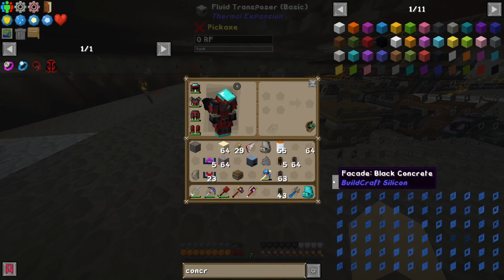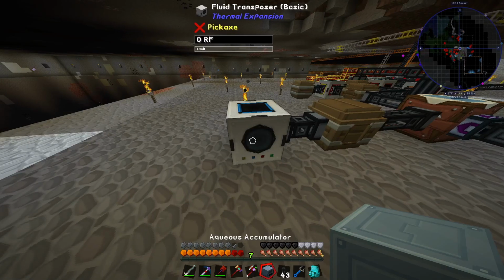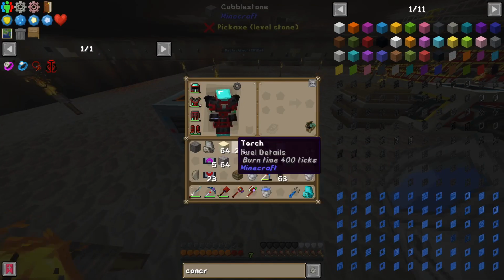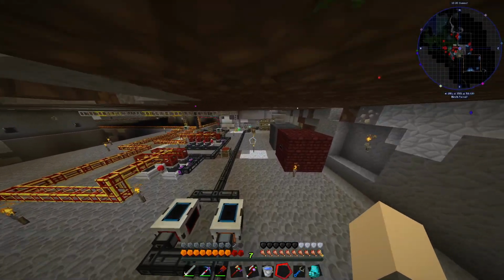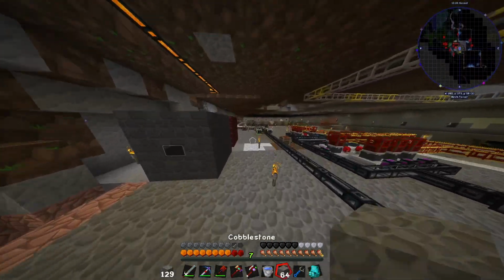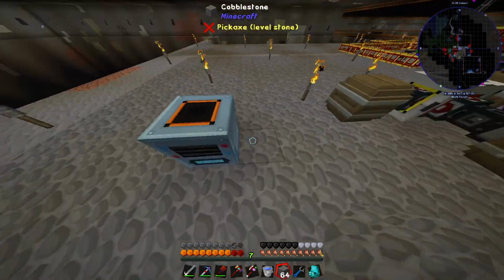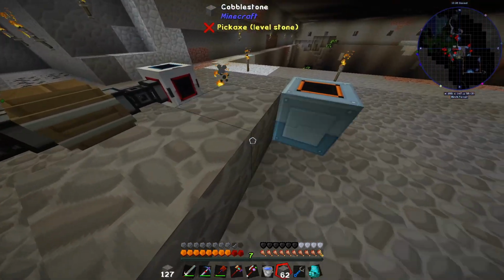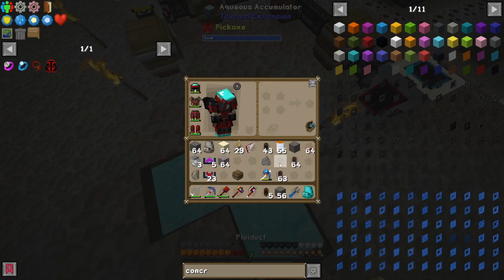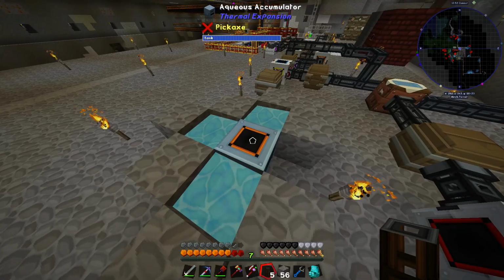To get fluid into our fluid transposer, we need the aqueous accumulator. Hope you guys realize when I said I like making complicated machines that are just overcomplicated for no reason, I was telling the truth. So we need water for this aqueous accumulator. And then we just take our fluid duct,